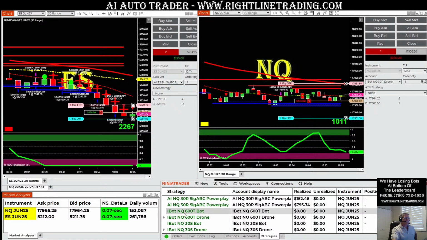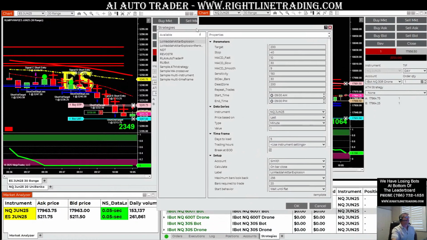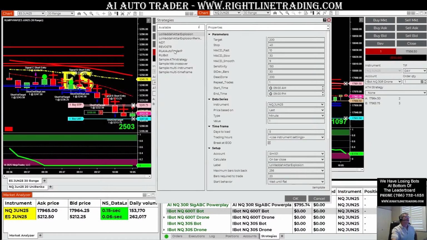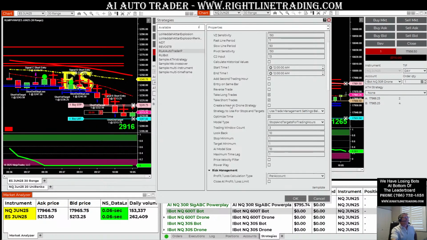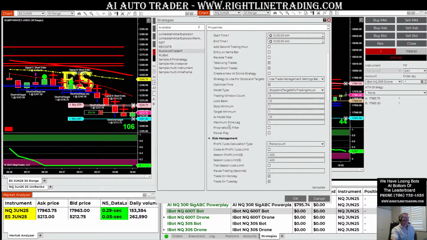If we go to new strategy, let's just look at the strategy parameters where the power play is. We always select the AI Auto Trader P in our available list, and right now it has just a power play, and you don't really see the inner workings of the parameters of that. Sergio's going to change this, John, and he's going to allow you